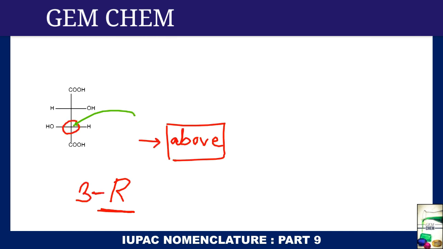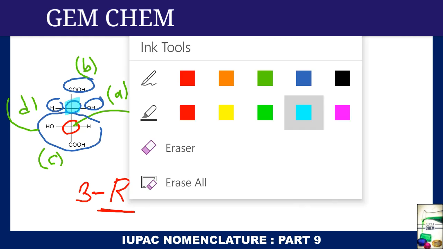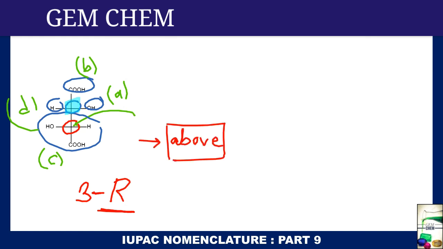Now if we go for the next carbon, that is this center, then all these things are one moiety, then this one, and then this one. These are the ligands attached. Again in the same way, this is A, this is B, this is C, and this is D. And D is placed above the plane. So for this carbon, we are going to write the result opposite to what we get.